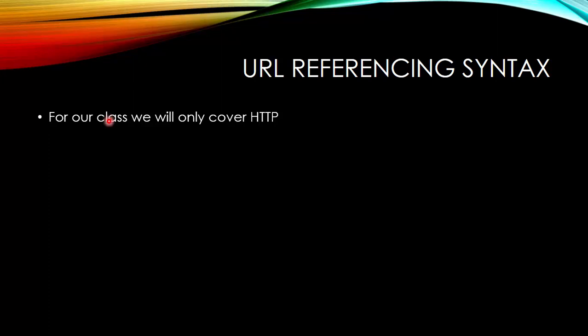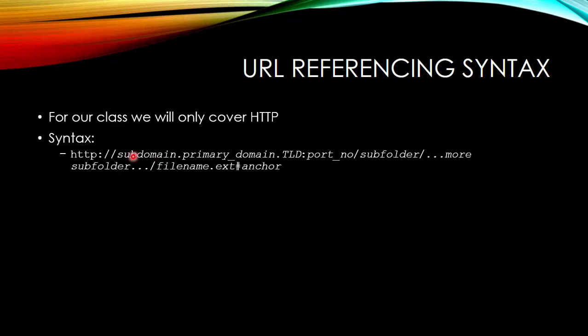For our class, since we are dealing with the design of web pages, not really the engineering or data communication aspect of it, we will cover only HTTP. The syntax of a URL in HTTP first starts with http://. For the browser, this part, starting from H until the slash here, can normally be omitted, but it's good if we specify it, because sometimes we need to specify HTTPS. So this is the syntax. Start with http://